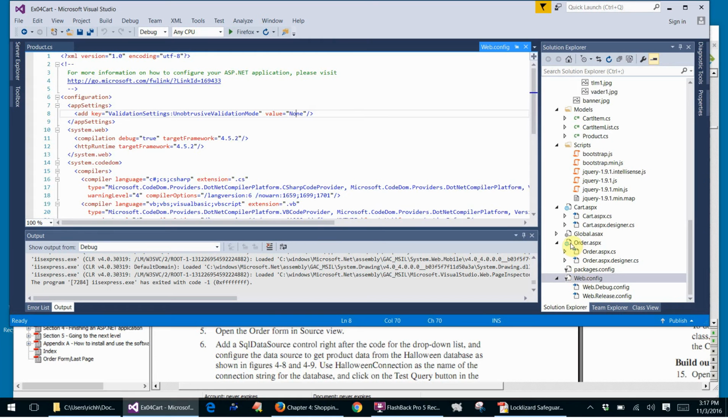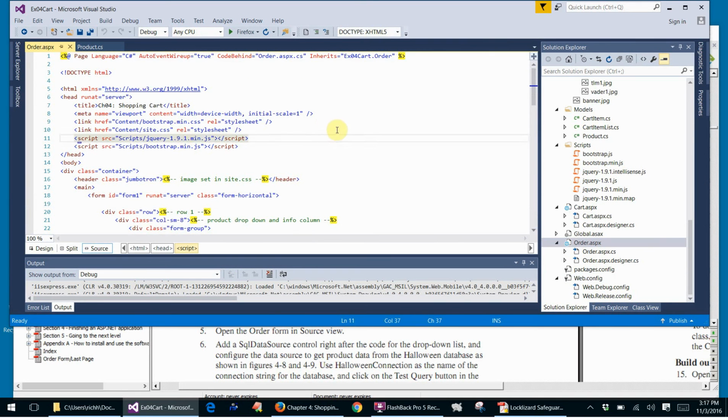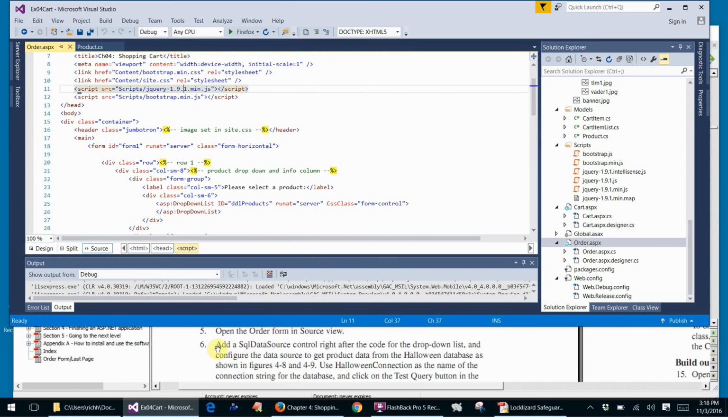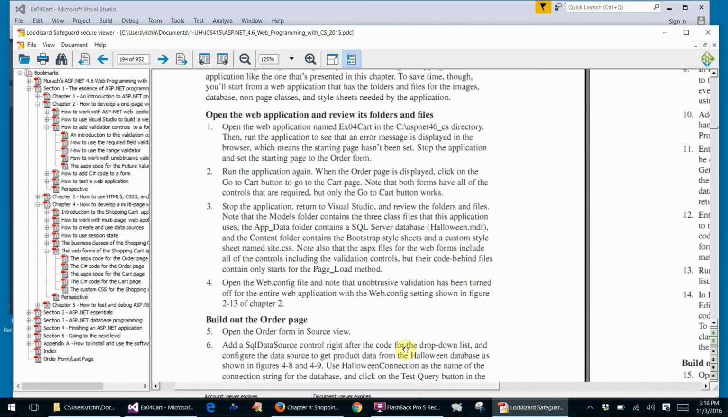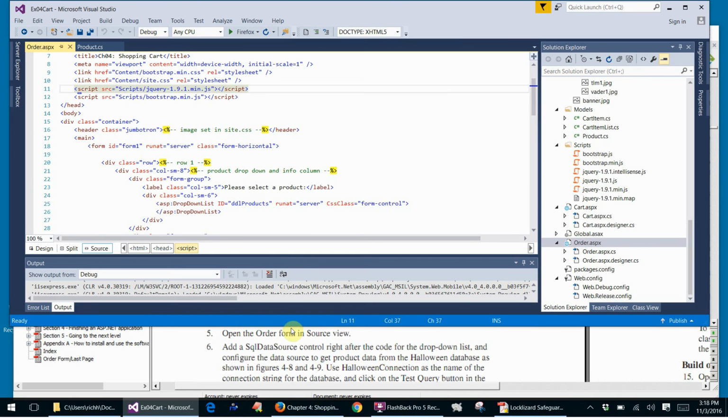Open the order page in source view. This is source view. And we're going to add an SQL data source control right after the code for the drop-down list and configure the source to get product data from the Halloween database as shown in figures 4.8 and 4.9. Okay, let's first find where we're going to add this data source control. This is the drop-down list for the products, and they would like us to put it right after that code,